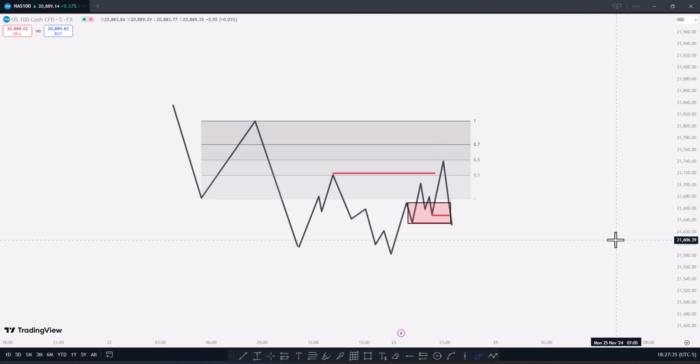Now this model is not 100% mechanical. It requires discretion from your end. Okay, and you're not gonna get it right the first time. You need practice in it. That's why you need to backtest. Okay, you need to backtest, guys. So don't expect to get a high win rate the first time, on the first backtesting session. Especially don't go live with it,